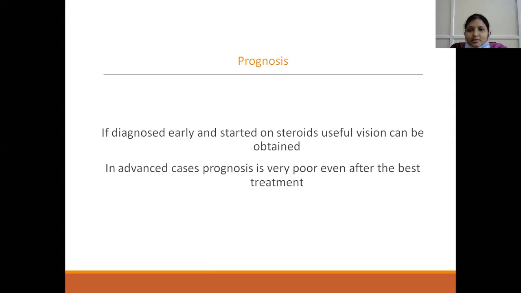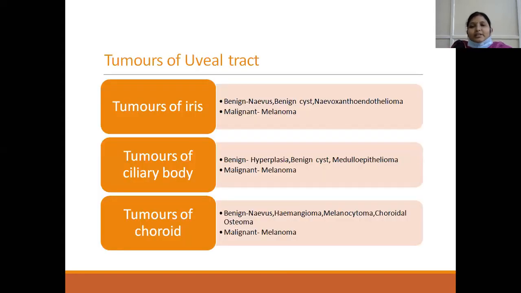First, we have to try conservative therapy, and then if there is no improvement with conservative therapy, then we have to go for excision. So this completes sympathetic ophthalmitis. So until now, we have discussed endophthalmitis, panophthalmitis, evisceration, and sympathetic ophthalmitis. So the last topic in today's class is tumors of the uveal tract.